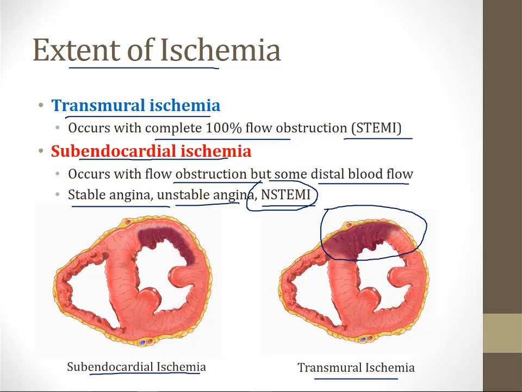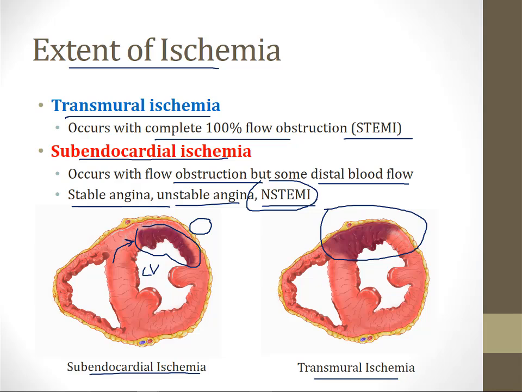Note that the area of infarction in NSTEMI is not the entire wall. It's not transmural. It's limited to the subendocardium. The reason this happens is because the coronary arteries are located out here in the epicardium. The endocardial layer can get oxygen from the left ventricular cavity here, but the subendocardial layer has to get its oxygen from the coronary artery, and that layer is the furthest away from the coronary artery, so it's the most